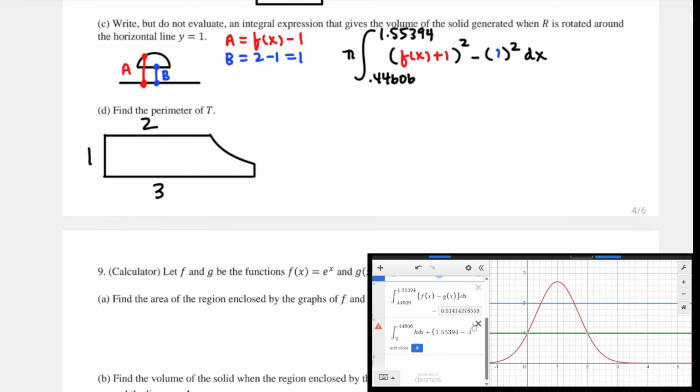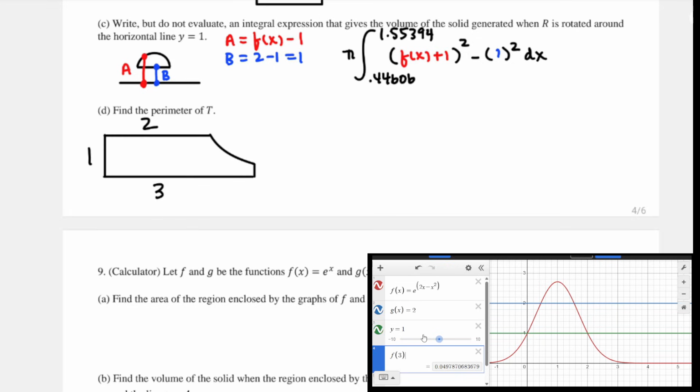So I don't need any of these integrals now. Well, I guess I'll figure out the bounds of integration later. 2 and 3 and 5 and 1 is 6. Oh, but I needed f of 3. And so I get 0.04978, so 0.050. Okay. And so really all we have to figure out is, so I've got 3 and 2 is 5 and 1 is 6.04978. Plus,